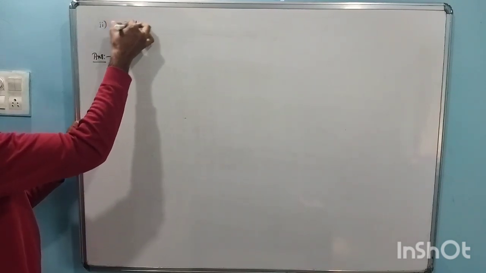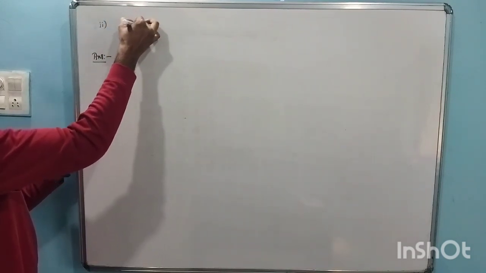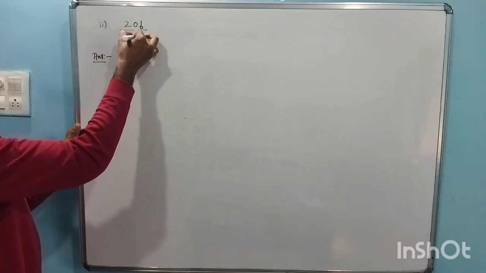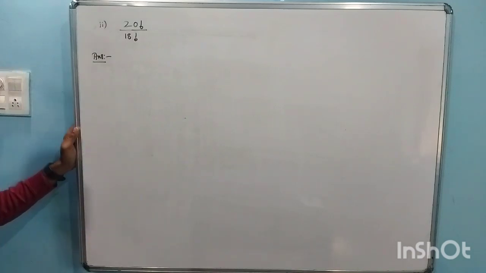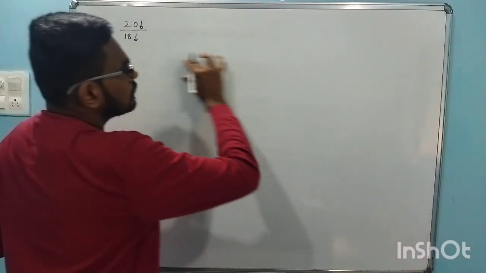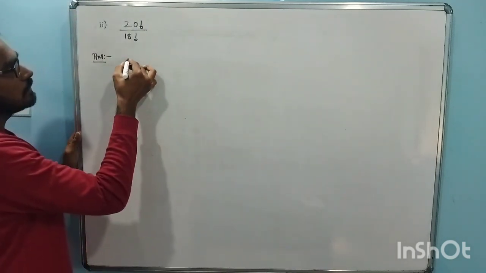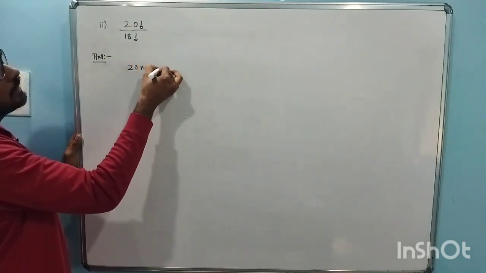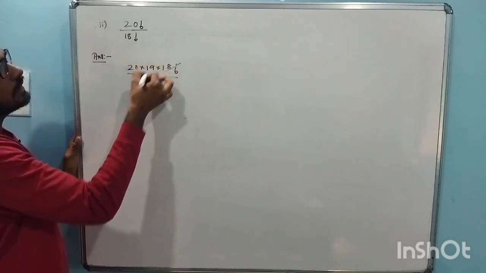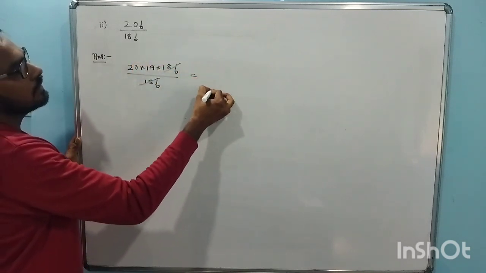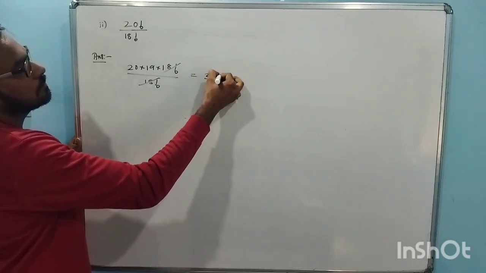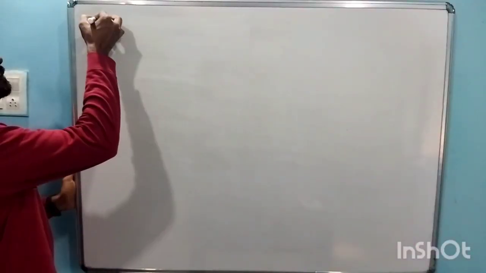20 factorial upon 18 factorial into 2 factorial, or 20 factorial upon 18 factorial. For this it is very helpful. Okay, so 20 factorial, instead of doing that long thing, we will just do it like this: 20 into 19 into 18 factorial upon 18 factorial. And then this is gone, so 20 into 19. So what do we get? 380. Okay.